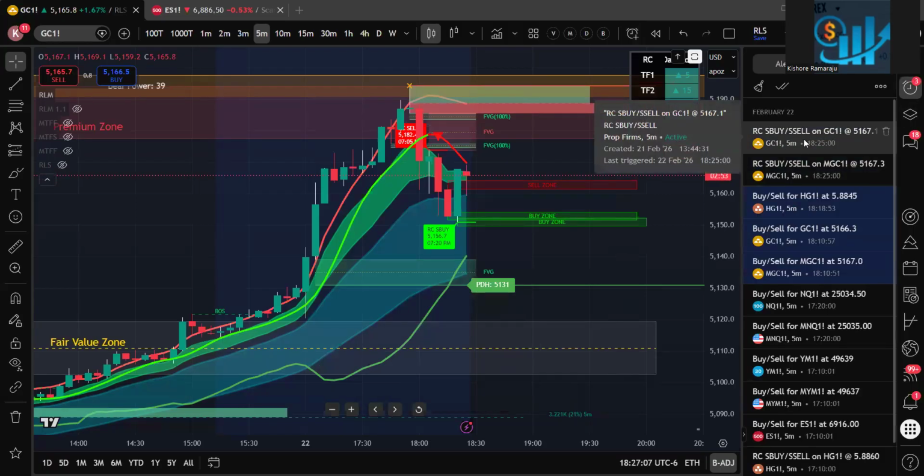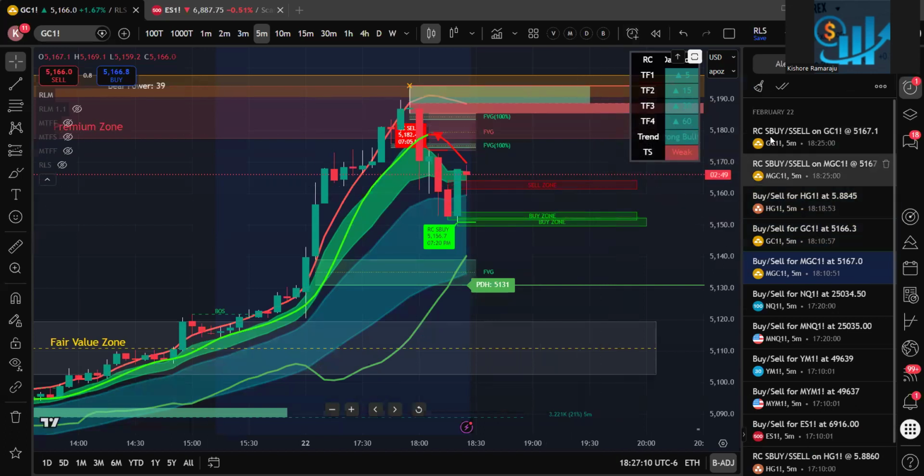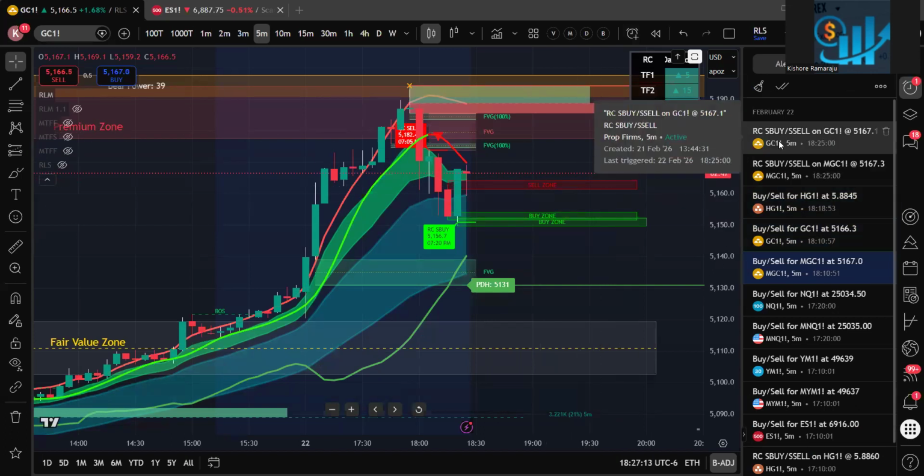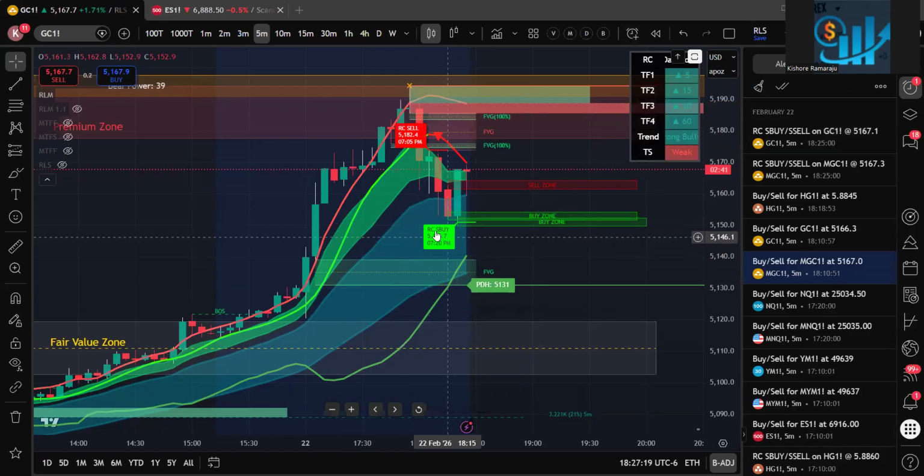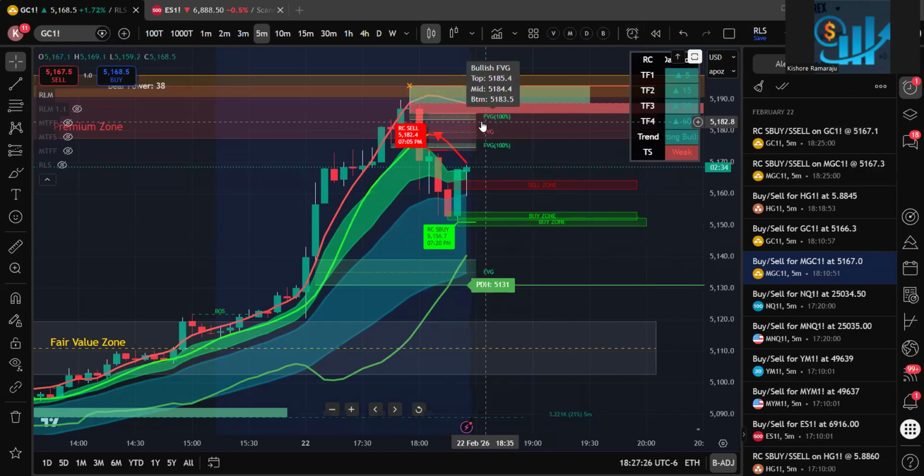It will say strong buy on GC. Because you are creating one single alert for both buy and sell, you received an alert that, okay, we received an alert, either strong buy or strong sell. Then if you go to the chart, you will see that, oh, it is a strong buy. And you see that trend is very bullish. So this is a good opportunity to go long,